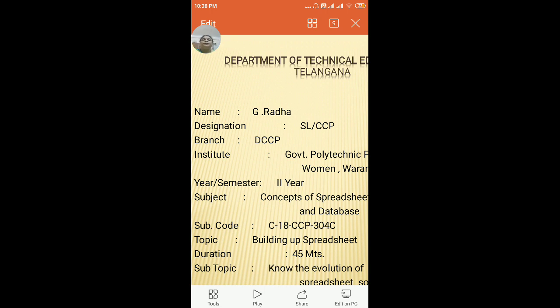In this third semester, you are going to deal with the subject I already mentioned in the previous class, concepts of spreadsheet and database, which includes Excel and Access. We are going to learn Microsoft Excel 2007 version, and then Microsoft Access 2007 version in this third semester session.